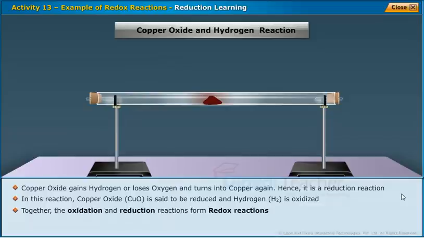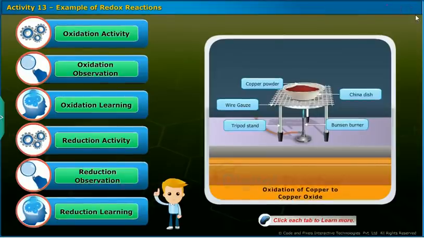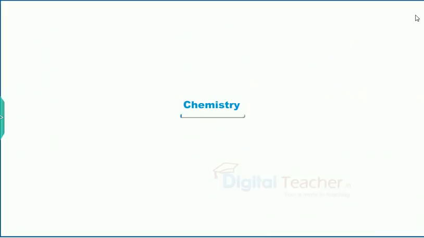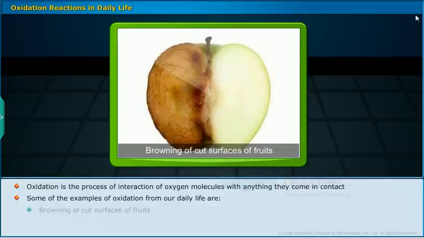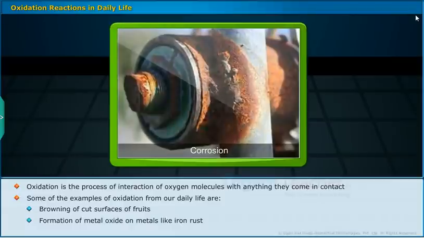Now, let us learn about some examples of oxidation reaction from our daily life. Oxidation is the process of interaction of oxygen molecules with anything they come in contact with. Some of the examples of oxidation from our daily life are browning of cut surfaces of fruits, formation of metal oxide on metals like iron rust,